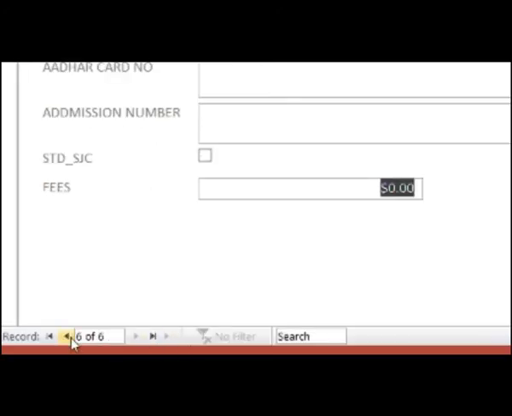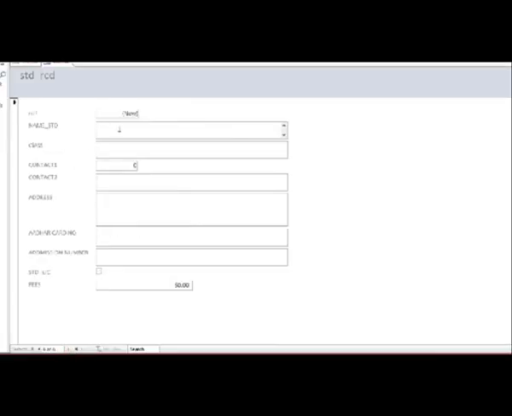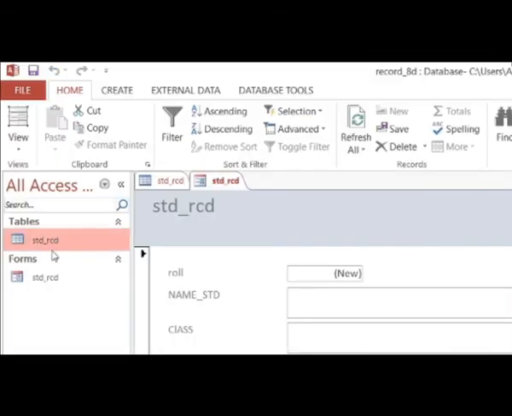Now in the same way, the next record is ready. See, we are just playing with the navigation bar here. This is very easy, children. The only important thing was to design the table. See, once you design the form, again at the left hand side just below tables you will see the form icon, this pink color small title bar with some white boxes. Can you see the small icon with the same name, student record? You can change it also. So now we have inserted two more records.